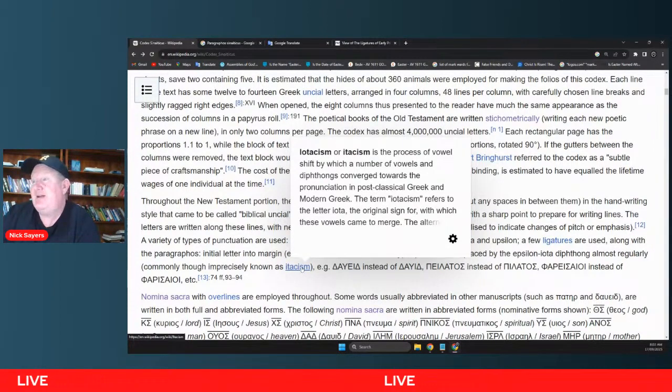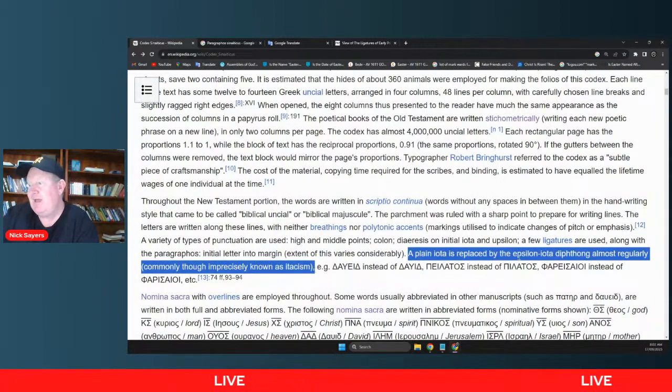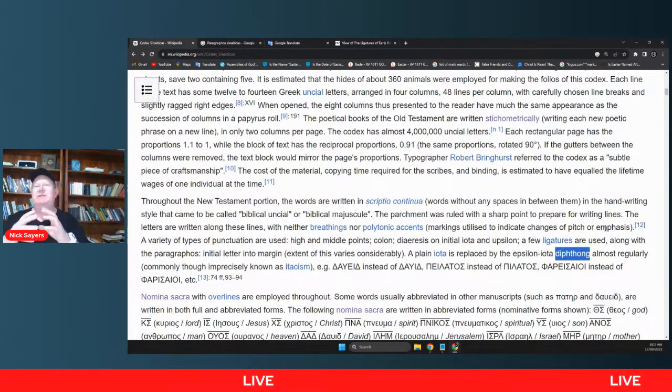Iotacism and Itacism is a process of the vowel shift in which a number of vowels and diphthongs converge towards the pronunciation in post-classical Greek and modern Greek. So basically, to put this in a nutshell, you would have what a diphthong is. It's a bit like if you get two Greek letters and put them together, they can create its own separate